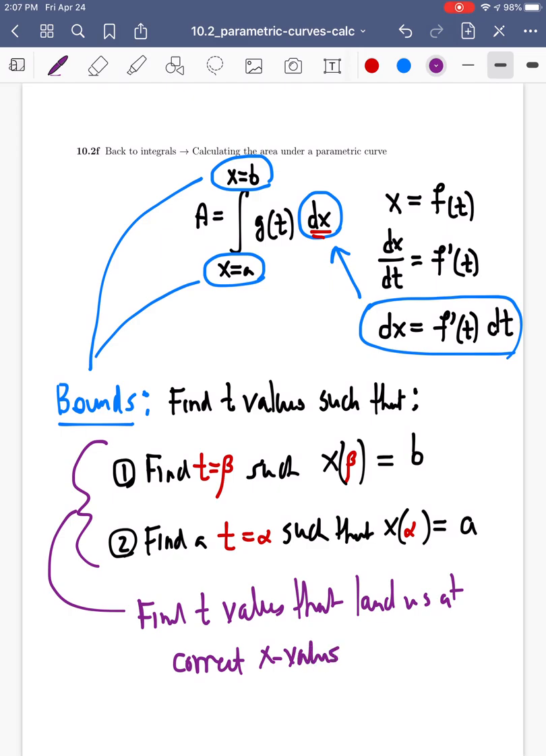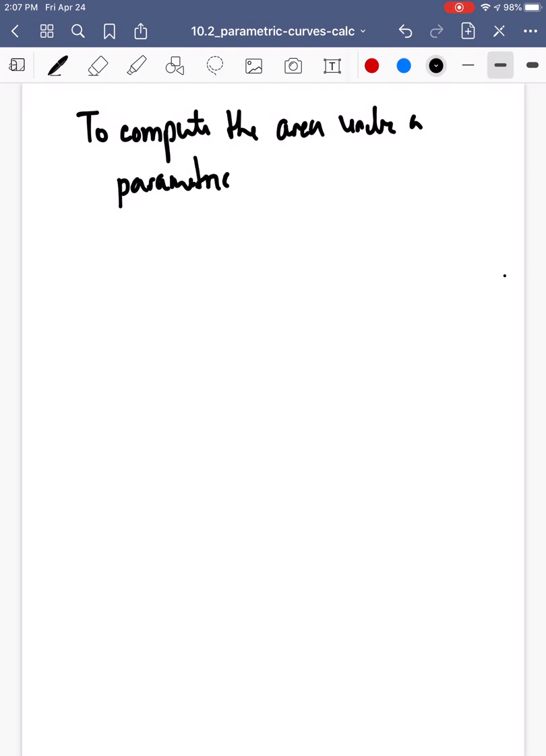So let's put this all together now of what we have. So to compute the area under a parametric curve, and let's call that curve, say, x of t, y of t,